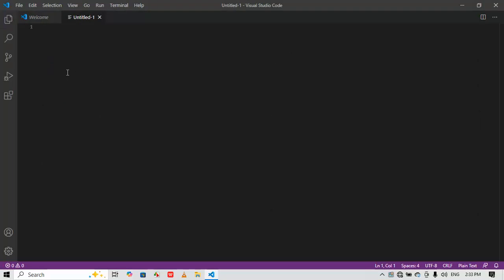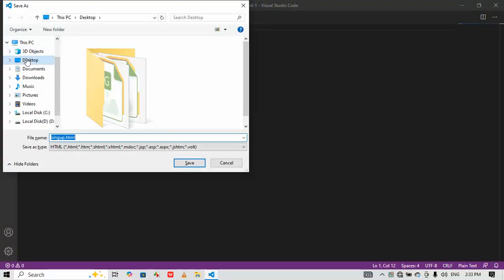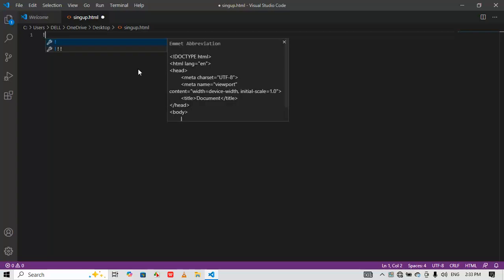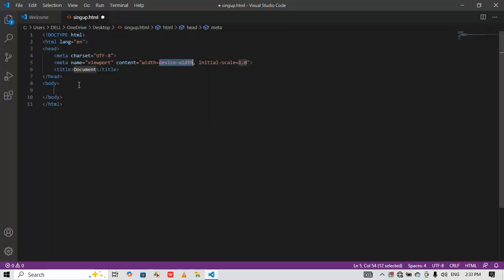Okay. So first create the new file signup.html. Hold Control plus S to save this one and select the location, desktop. Save this one. Okay. So when you save, I'm clearing this one. Hold Shift plus 1 and press enter. So first